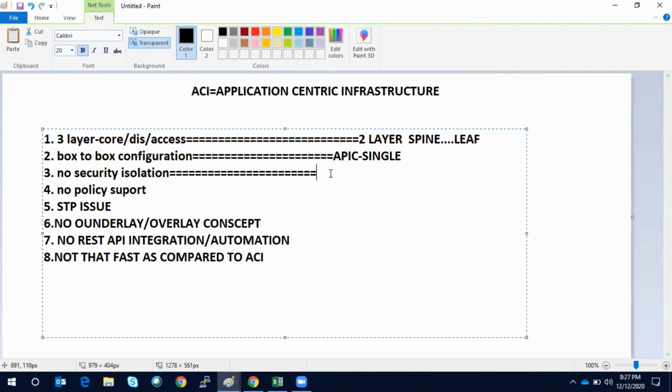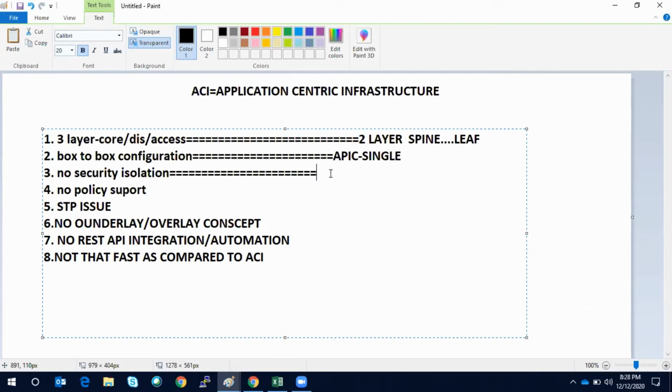So complete security isolation. And the second thing is that ACI is a whitelist model, and traditional networking is a blacklist model. Let's say you wanted to go to a club, and entry to that club is based on invitation. If your name is on the list, then only you will be allowed. That is known as a whitelist model, because if your name is not on the list, you will not be allowed into that club. So that is ACI.